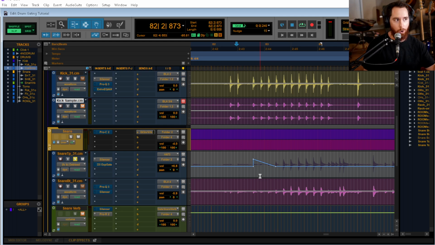We're not going to be dealing with that processing getting applied to the hi-hat or cymbals that are bleeding through or toms,